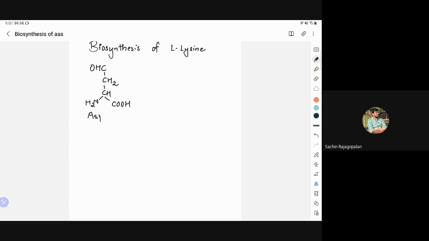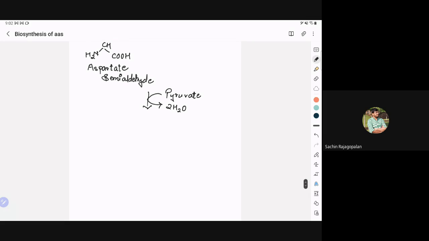This is your aspartate semialdehyde. Now, let me tell you that in this, what you are basically going to carry out is a condensation process. You are going to add pyruvate to this, and two water molecules in this condensation process are going to be released out. When you add pyruvate to this structure of aspartate semialdehyde, you will see that you get a closed ring structure